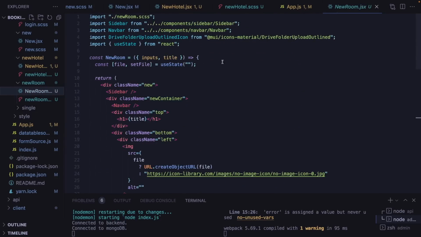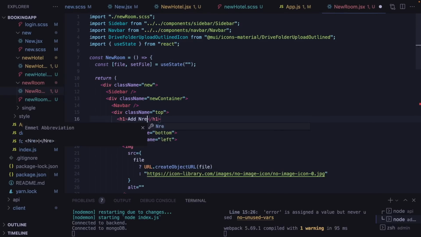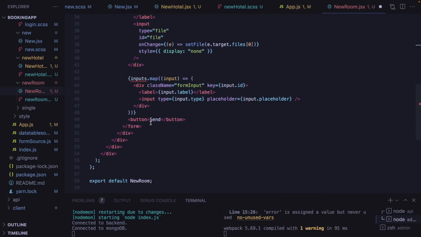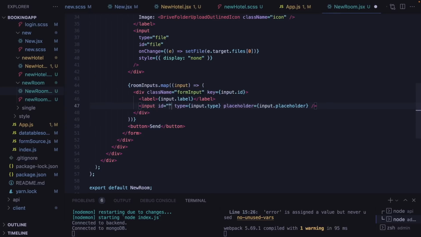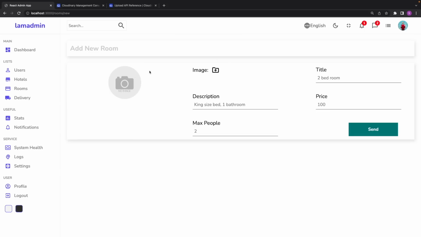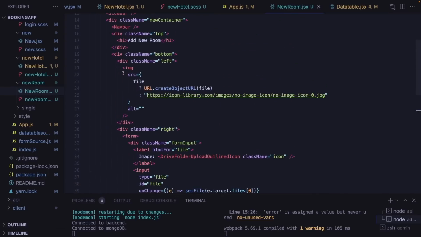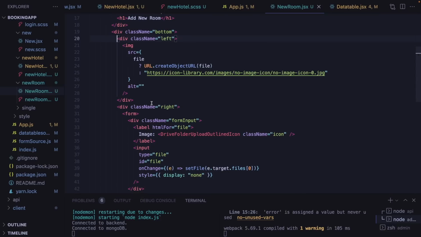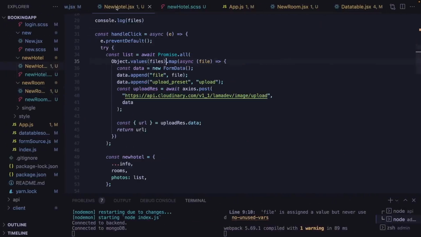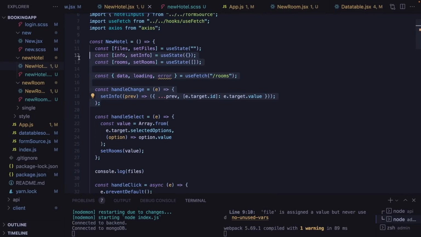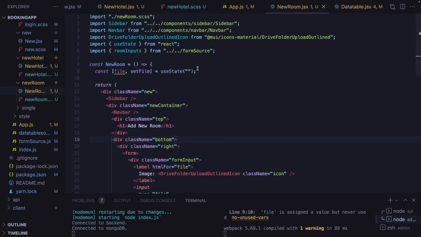New room, and as you can see, we don't have any prop here. Title will be add new room. And instead of inputs, it's gonna be room inputs. ID, type. Okay, so what I'm gonna do is delete this image. So we are not gonna add any image. Actually, let's delete this left side. Like that. Okay, I'm gonna create the handle function, handleChange, and here